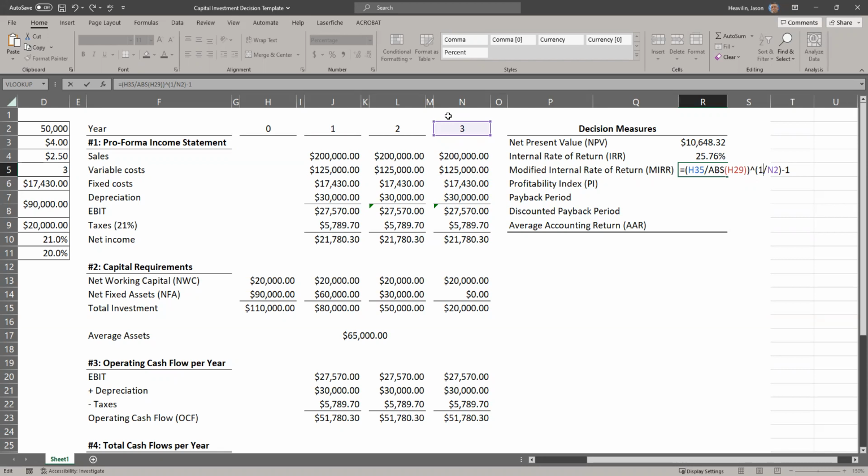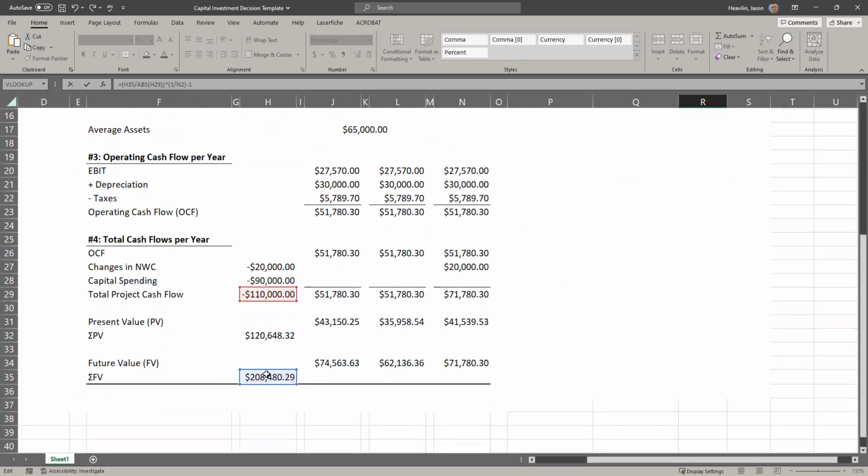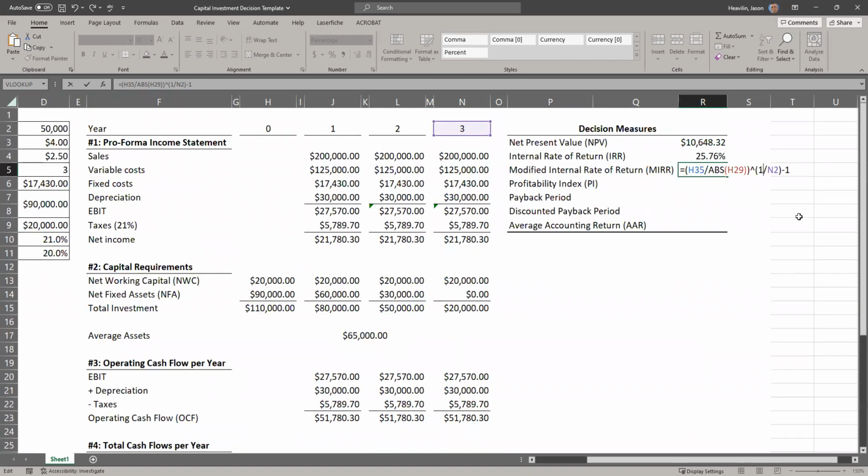So this has somewhat of a discount effect. So for 3 years in this case, 1 divided by the N of 3 years, the end of where we are. Because remember, this future value is the future value of the project in year 3. And then after you do all that, all you do is subtract 1. And that's what we end up with, 23.75%,